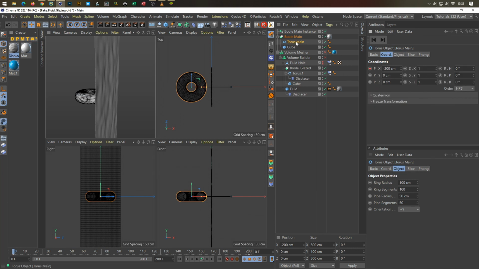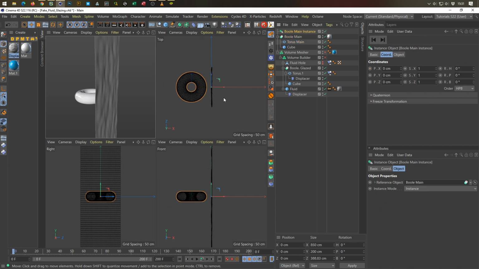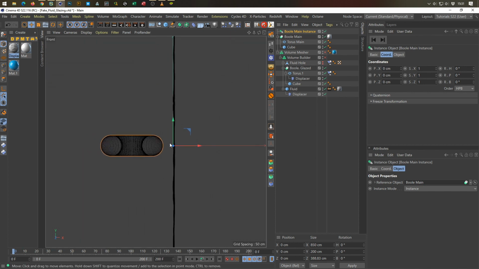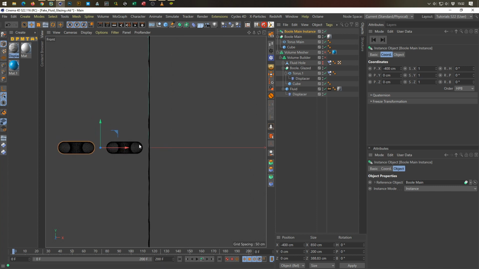Let's see. Yeah. So put the instance to minus 400. But you see the instance here does not have the axis in the center, but it should work. We got a 400, should work. Yep, okay. And this one here,